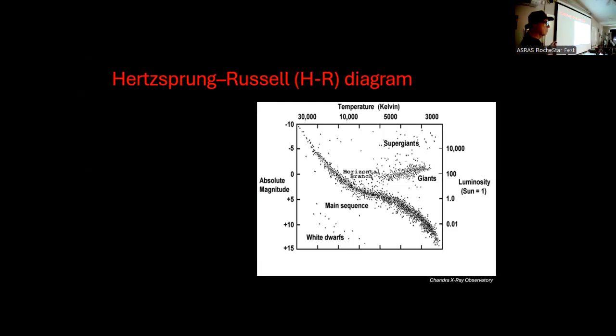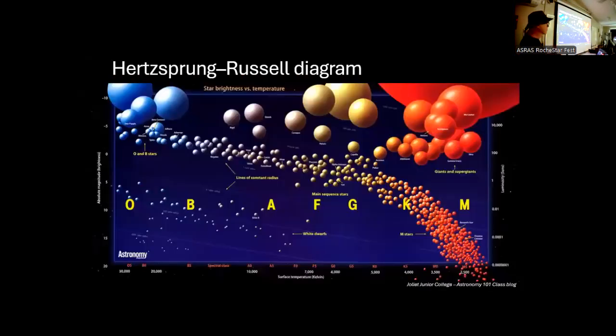So back to the Hertzsprung-Russell diagram. And this is another way of looking at this. So a little more graphic representation of the size of these stars. This is the main sequence here. These are O through M class stars. Here are the O and B stars, some of which can be very big. And again, progressively cooler stars of progressively less luminosity as you go out here.